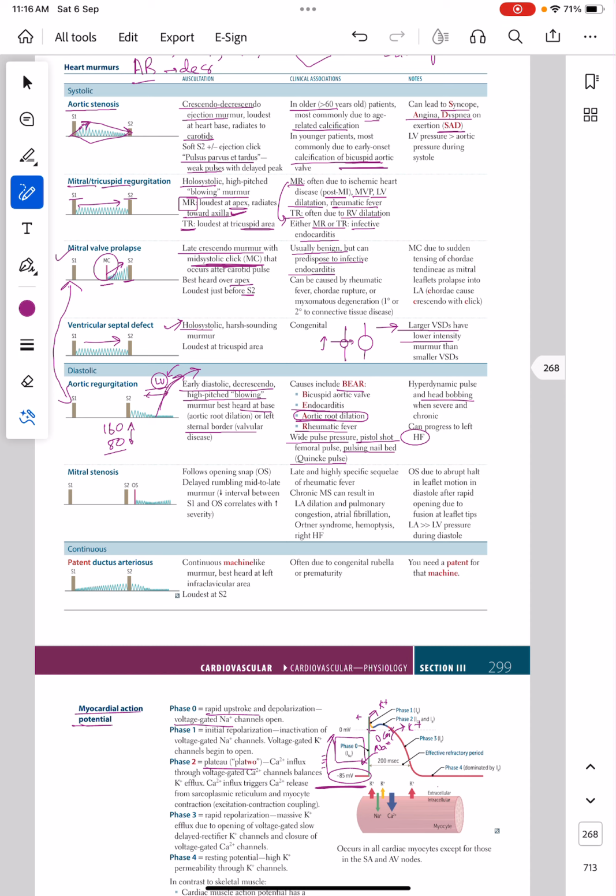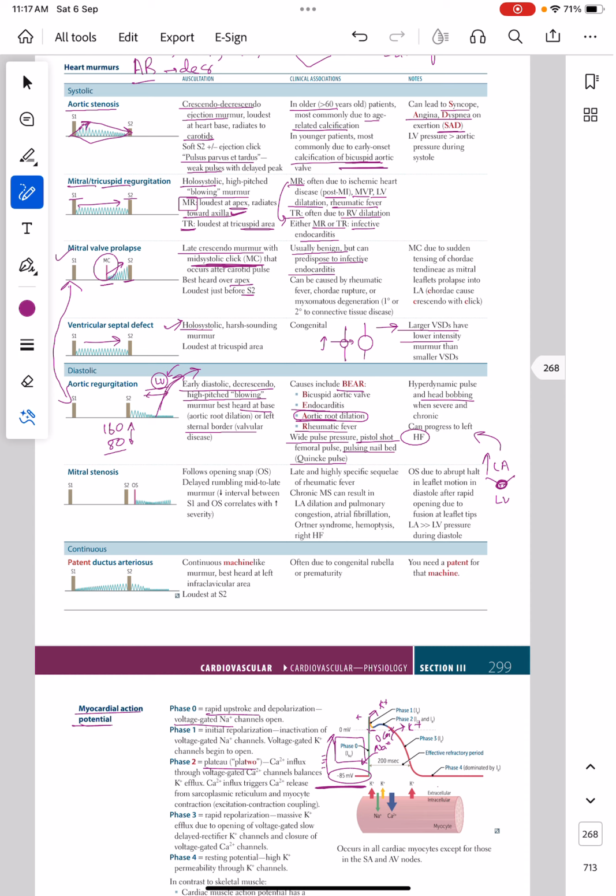Due to immune mediated damage to the mitral valve in rheumatic heart disease, the streptococcal antigen cross reacts with the valve and it leads to scarring of the mitral valve orifice. So when the mitral valve is stenosed, the back pressure rises in the left atrium and left ventricle. The pressure in the left atrium increases, and it increases back pressure as well, so pulmonary pressure also increases, which